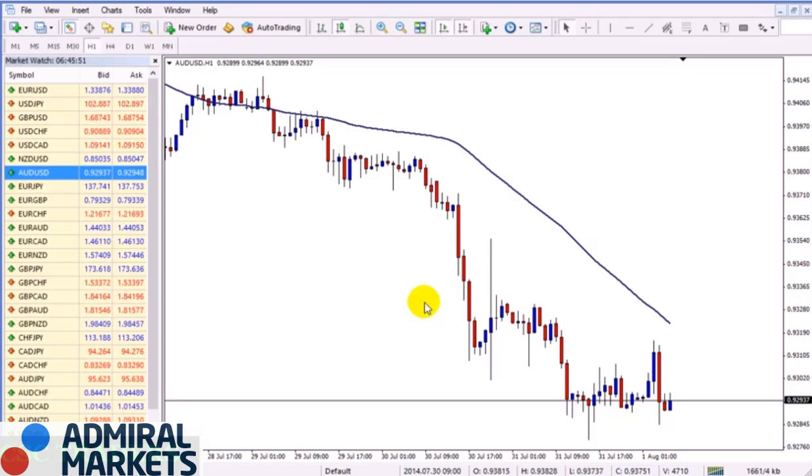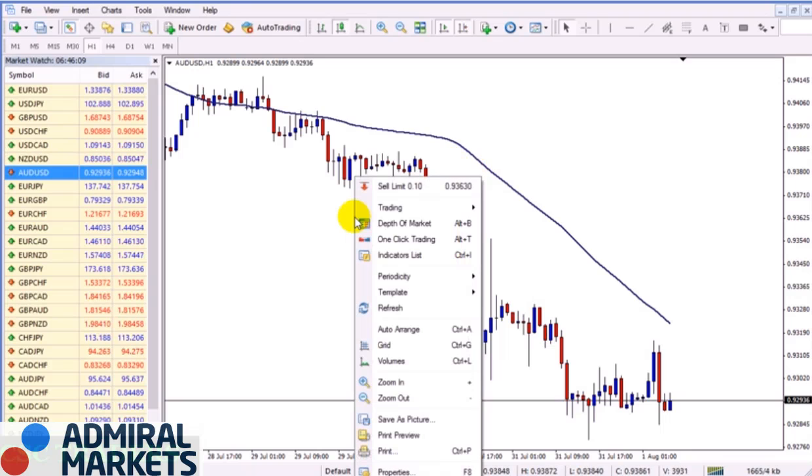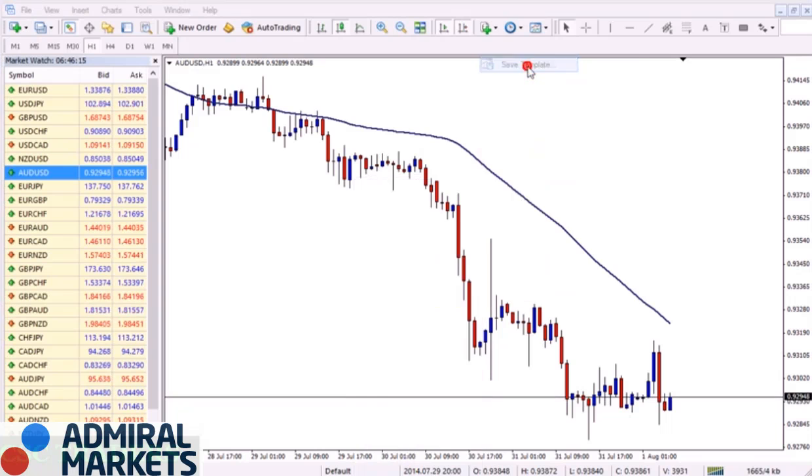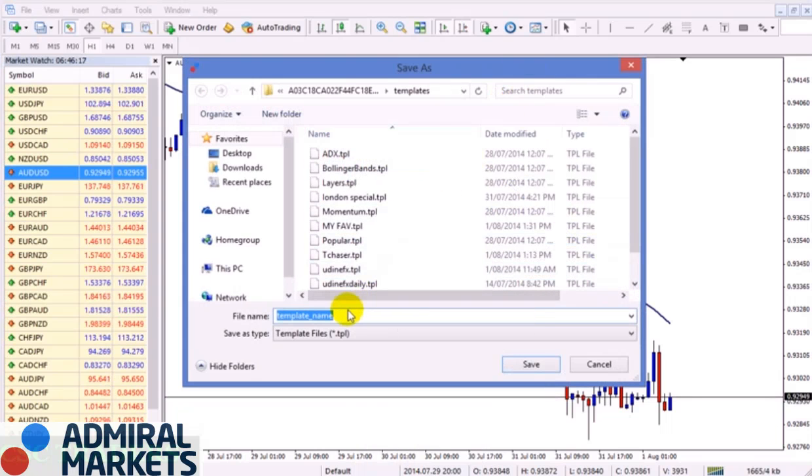Now, let's just say that you've gone through this process and you've added some more indicators and you've got your charts finally looking the way that you absolutely love them. What you can now do is save this as a template so that you don't have to go through this process every single time that you want to open up a brand new chart. So what do we do? We right click, we go to templates, and we go to save templates. Now all we do is simply give it a name. I'm going to call this one my